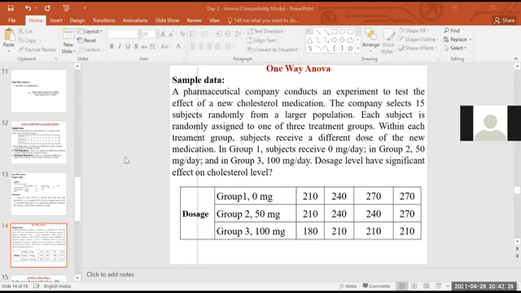If you choose 99%, then the significance value should be 0.01. But 0.05 is the standard value. It depends upon your research and your data. If you want, you can go to the post hoc option and change the significance level.